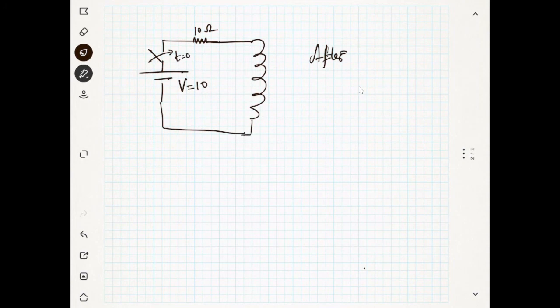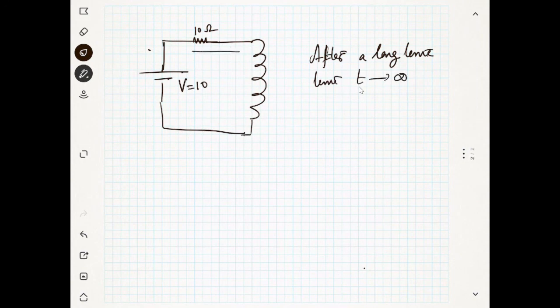Whenever you close a switch, there is a change in the current, because the current is changing from 0 to a maximum. That we will talk about in another situation, not now. After a long time, that means t tends to infinity,